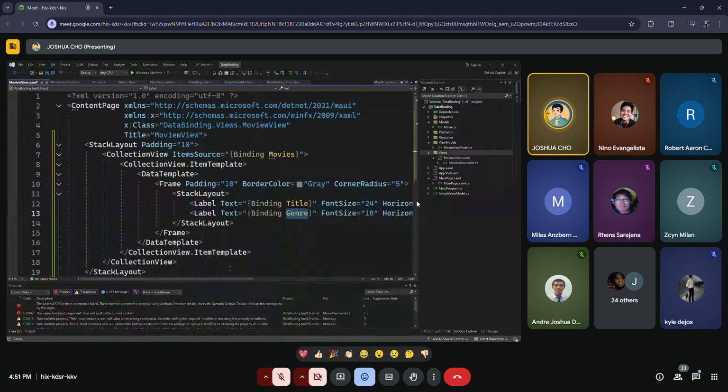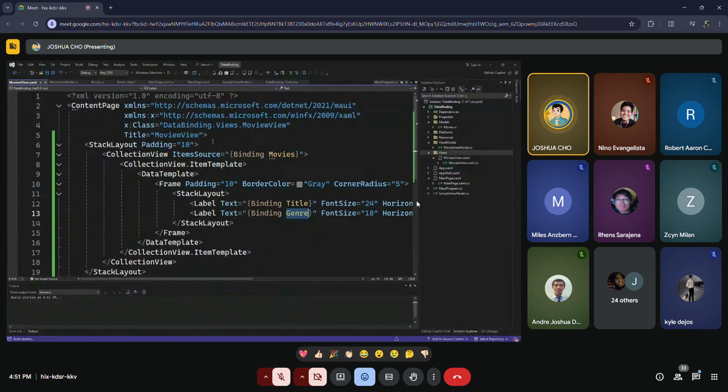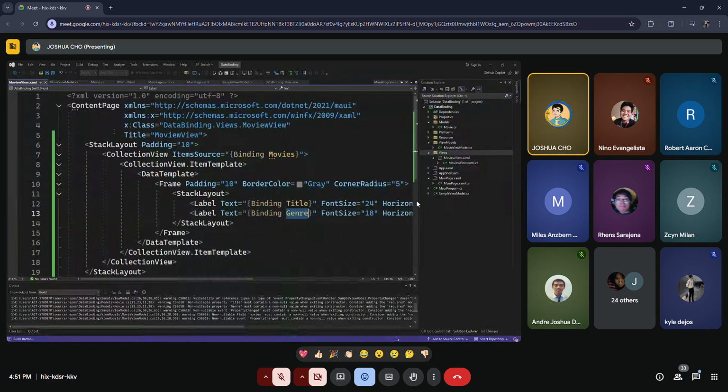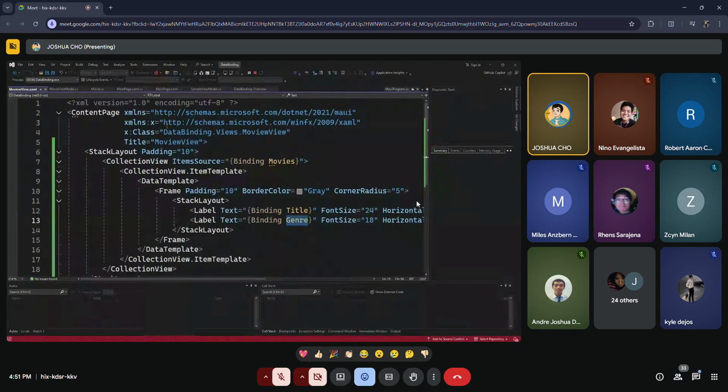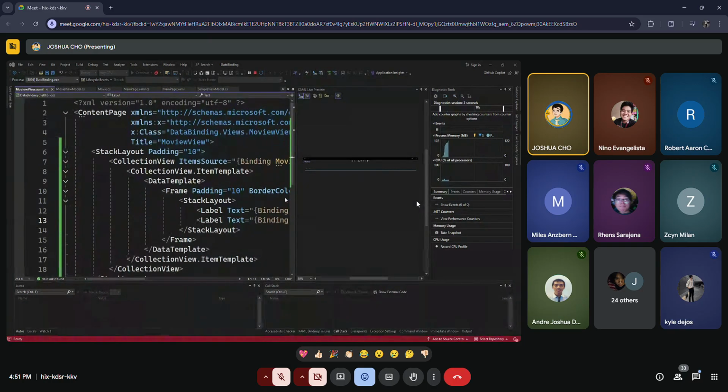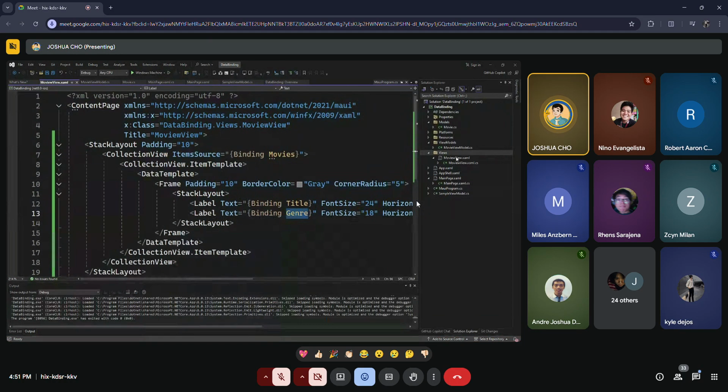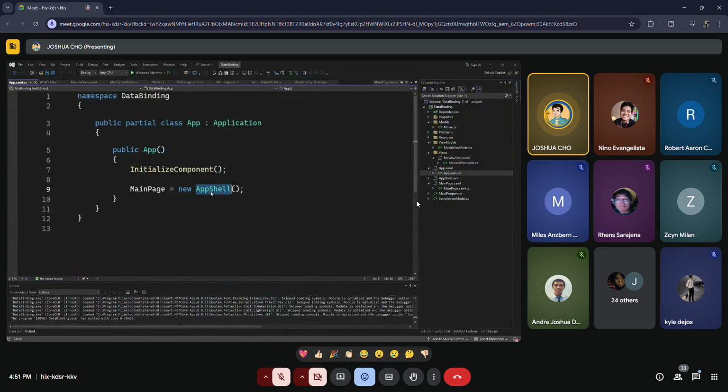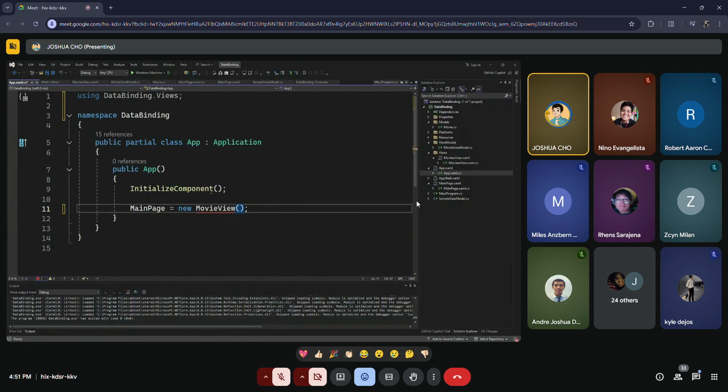So let us see if it displays. Let's go to App first, to load the view, movie view.